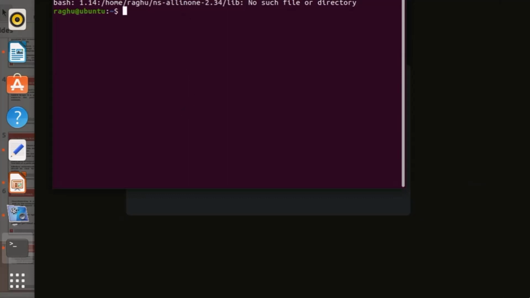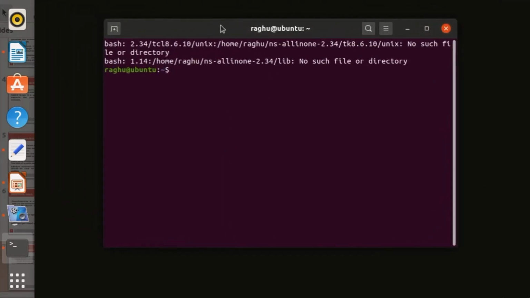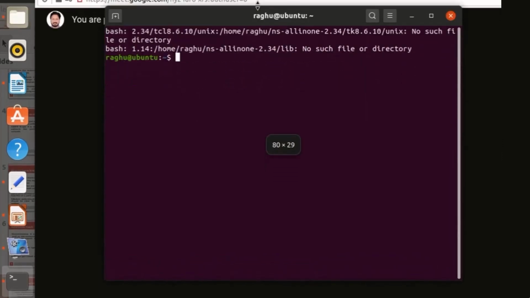Okay, now let us start with the simulation part, means running the program. Now how will we run the program? There are some simple commands. I suggest you write down those commands. If you can run those commands simultaneously, then it will be very good. Otherwise, you should at least write the commands on pen and paper.